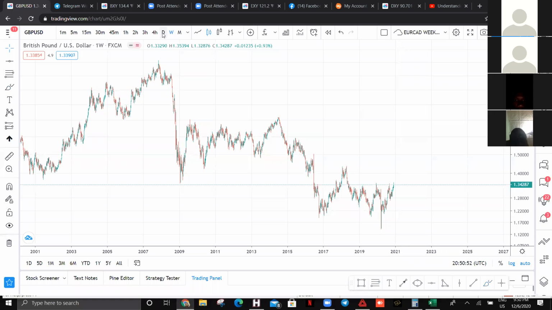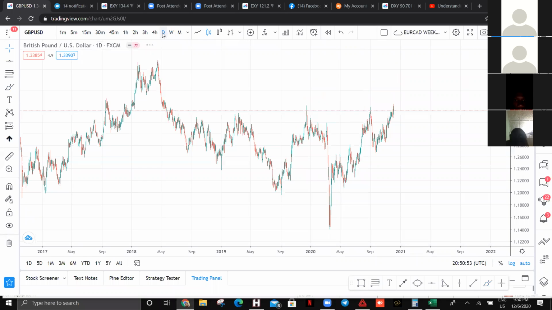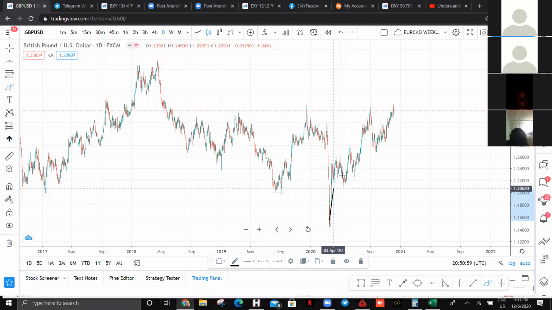Now we'll go to the daily time frame and see what's happening here. You can see so many indications that this pair is going